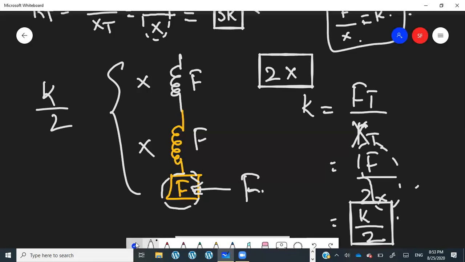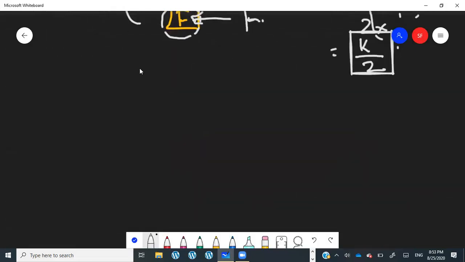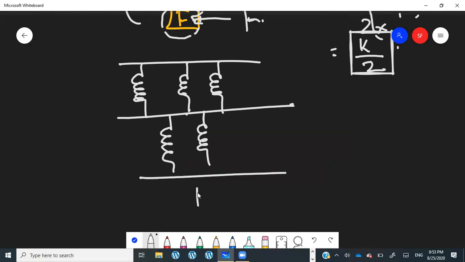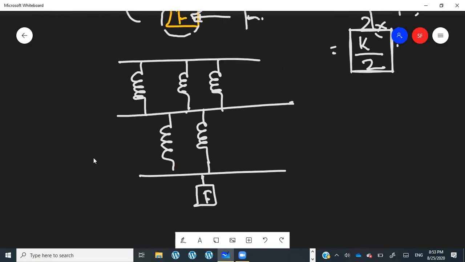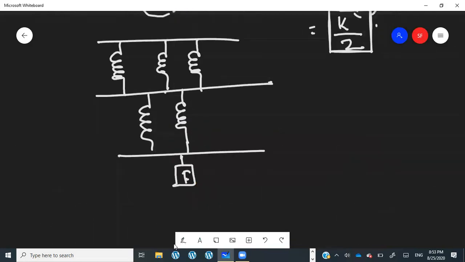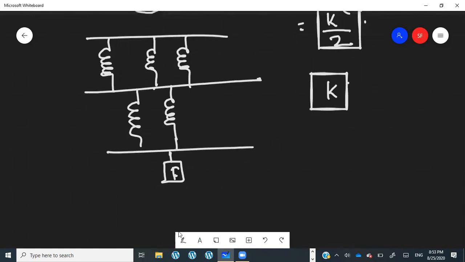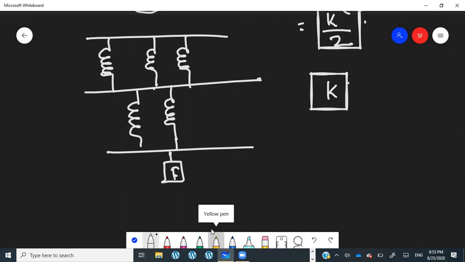Okay. Now let me trick you a bit. If I have 2 springs, in fact I have 3 springs attached in parallel to one another, and then beneath them I have 2 more springs, and all of them attached to the same force. Now, what's going to be the total spring constant of this combination, given that each spring has a constant of K? You can use any of the 2 methods. K over 5. Okay, K over 5. Now let's see.